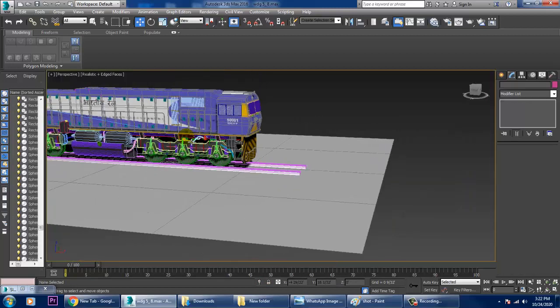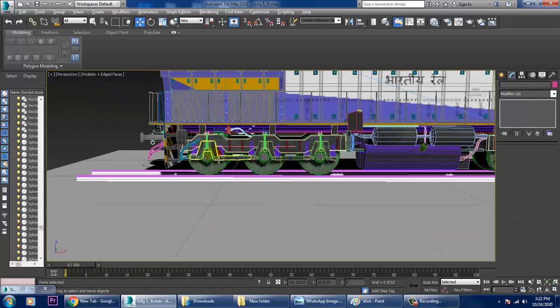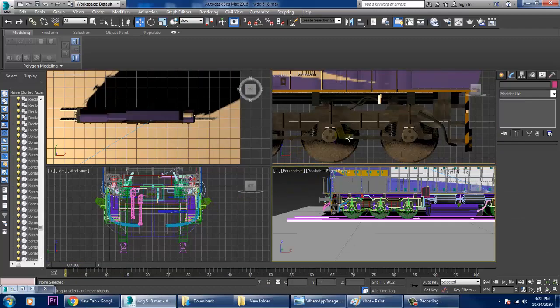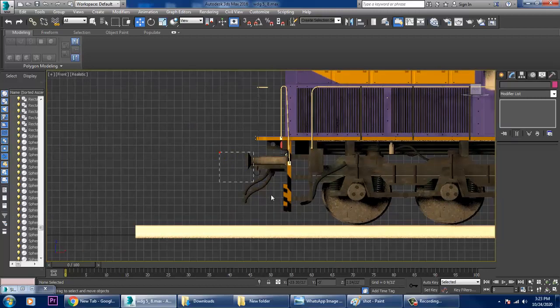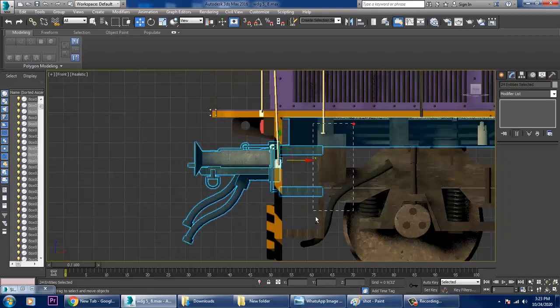Select this side, let's go onto this view over here, let's select this, exclude this, exclude this, exclude this.